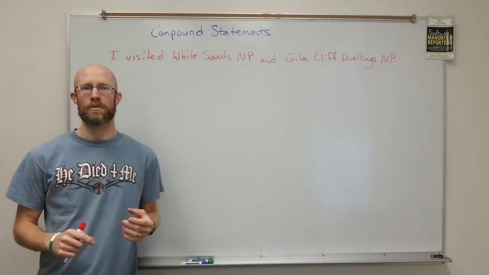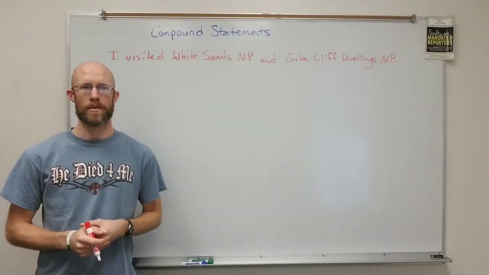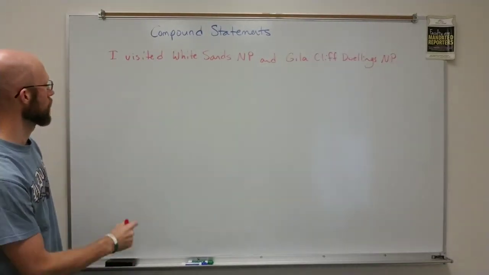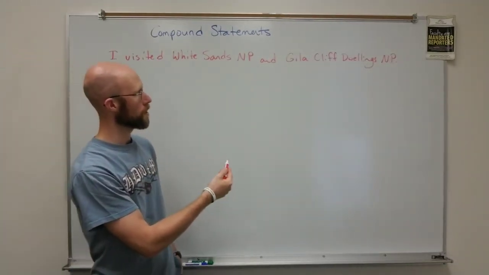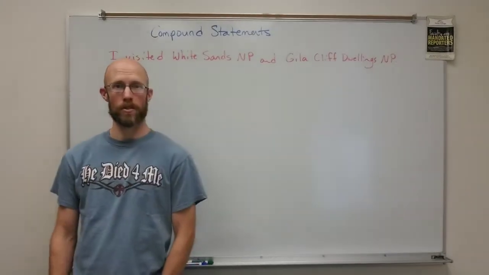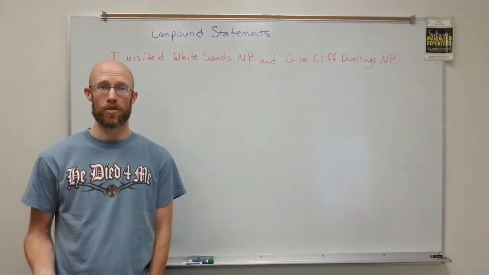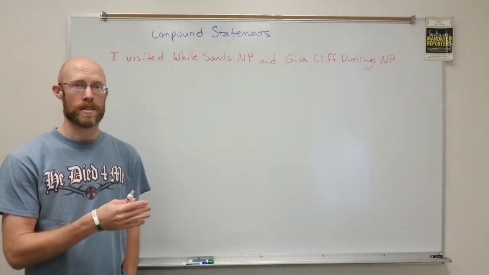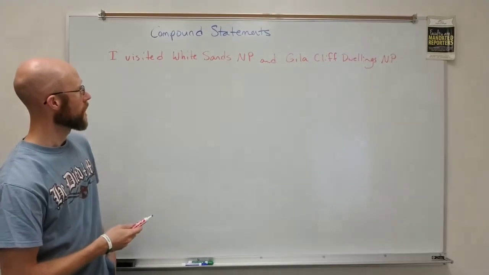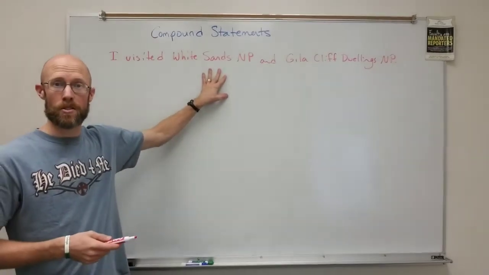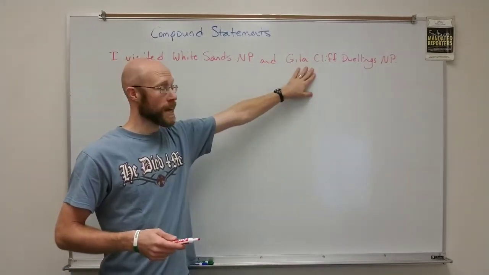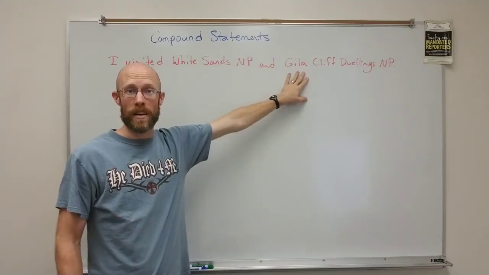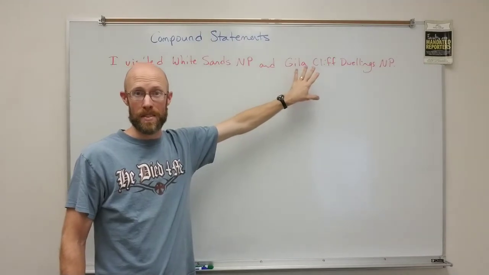So here I'm going to go through a few examples of different types of compound statements. An example here: I visited White Sands National Park and Gila Cliff Dwellings National Park. Well, I did take a trip this summer out west down to West Texas and southern New Mexico, and we did visit White Sands National Park, and we did plan to visit Gila Cliff Dwellings, but there was a forest fire in the area and we were not allowed to enter that one,